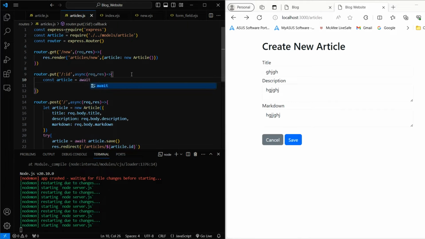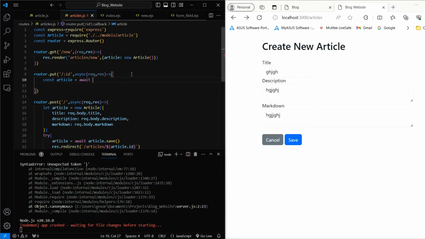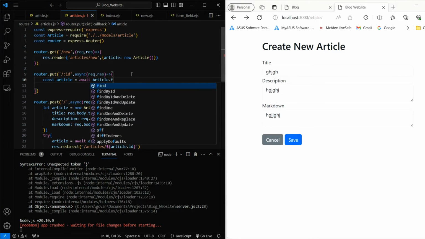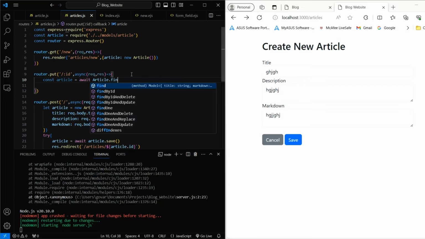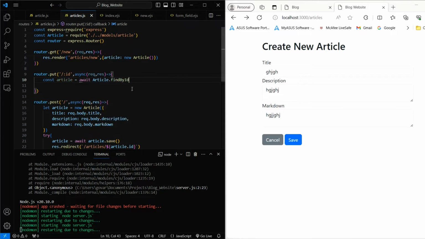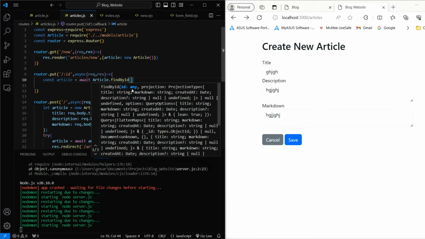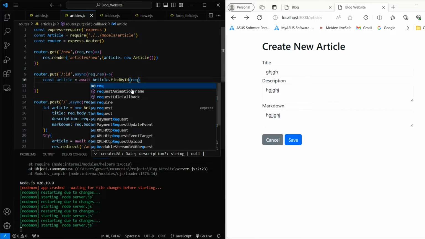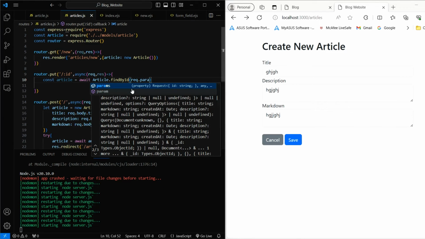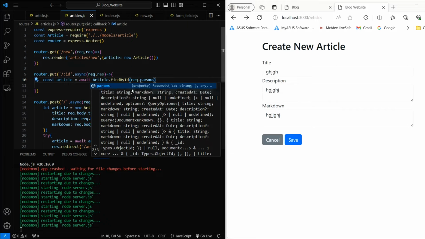Guys, I used an async function, so I'm using await here. Await article.findById, and in this I'm going to pass request.params.id,